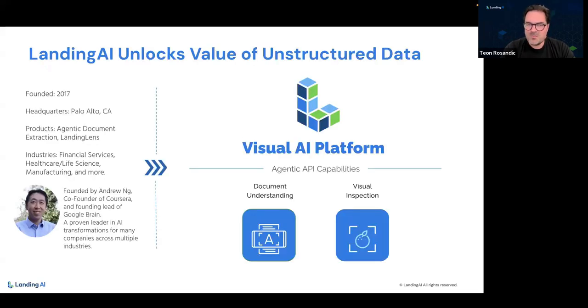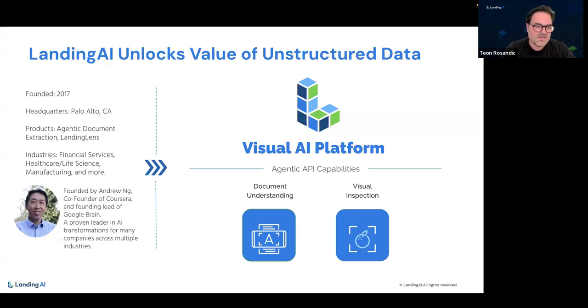First and foremost, I think it's always good to put some foundation in place around LandingAI and who we are as a company. Some people on the call may not even know who Landing is, or may have some ideas of the company. We're a very interesting company, I always say. The foundation of the business, our focus in the market and our pedigree as a company, centers on our founder, Andrew Ng. Some of you may know him. He's a very well-known